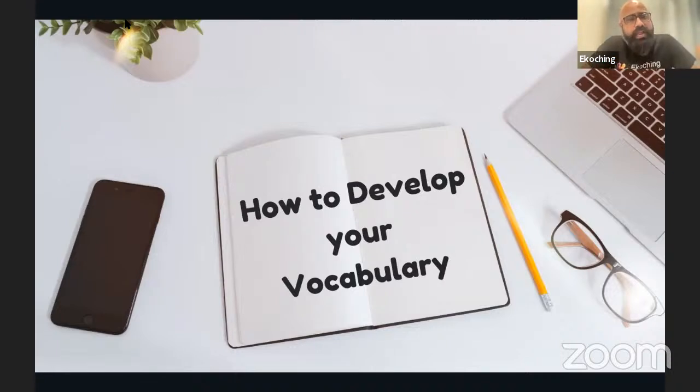But more than that, if we want to crack reading comprehension, for that matter in CAT, wherein 80% of the paper is RC based, even there we won't be able to understand the passage if we are not able to understand the words. We are not able to eliminate the options if we are not able to understand the words. So vocabulary is like oxygen to my verbal ability and reading comprehension section. So how to deal with it, and the very important thing is how to develop vocabulary.